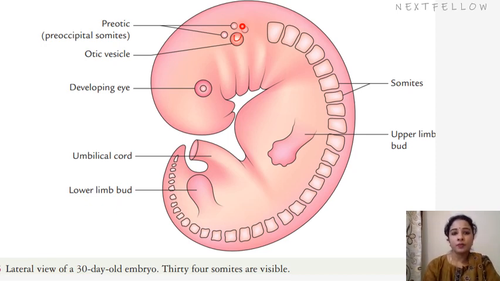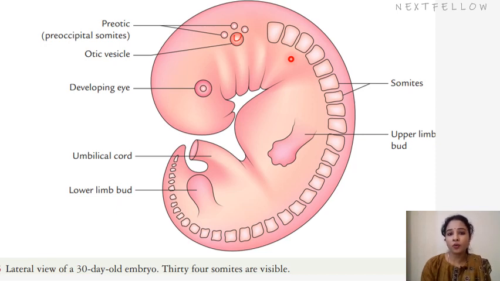And so subsequently the pairs of somites appear from cranial to caudal. So the cranial somites are the oldest somites and the caudal somites are the newly formed somites, and around 38 pairs of somites appear between the 20th to 30th day of development, which we saw in the previous slide. And by the end of the 5th week, around 42 days, there would be around 44 pairs